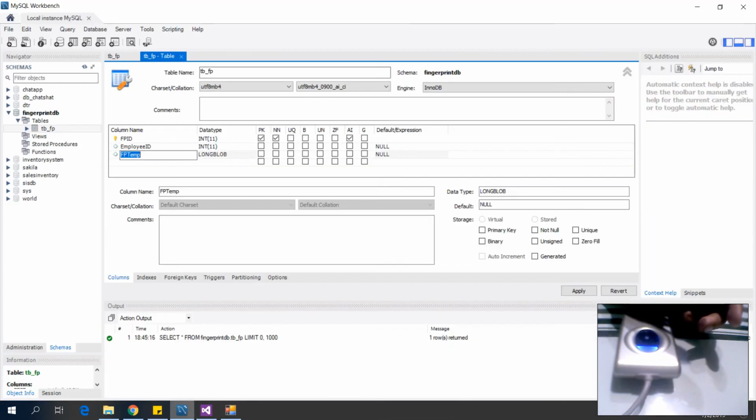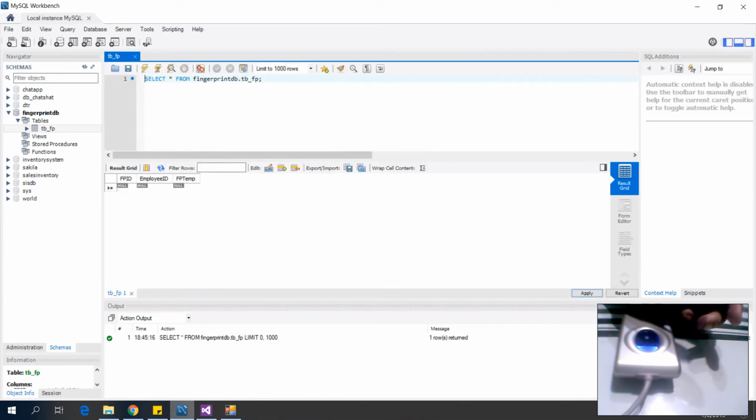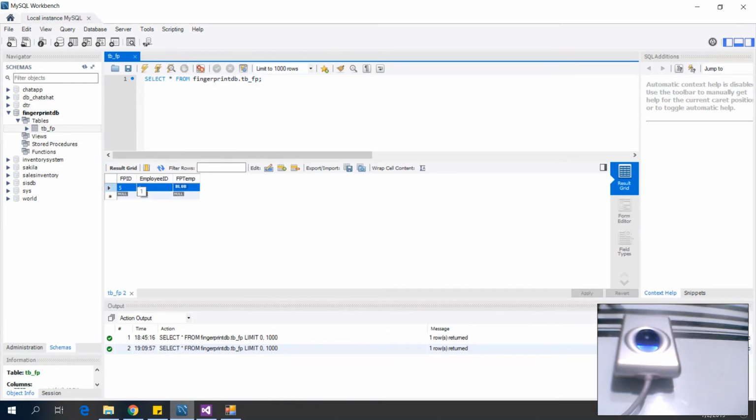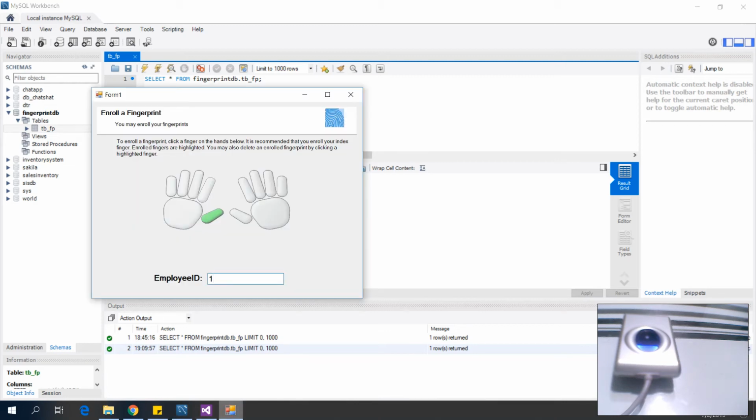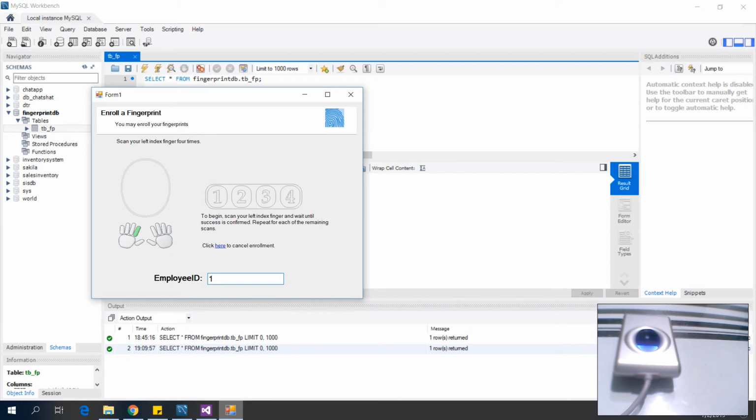So we're gonna check this in our database. So run it. So here, as you can see, employee ID 1 already saved my left thumb. So I'm gonna add another finger. So I'll choose this index finger. So here,